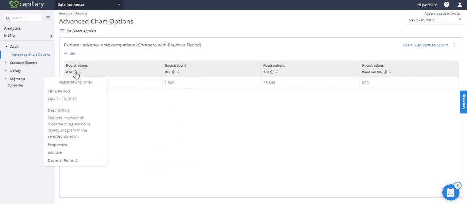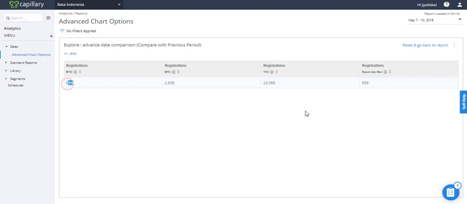WTD is from May 7th to May 10th, which is the default report duration as well, because by default it starts from week till date. So if you see registration WTD number 899 is matching with report till date number 899. That is because the report duration is the same as the WTD duration. Clear? Okay, now if we proceed ahead,